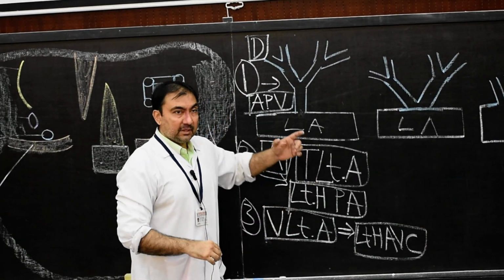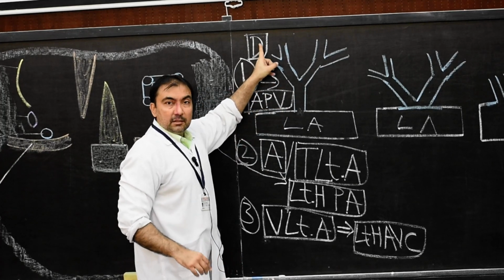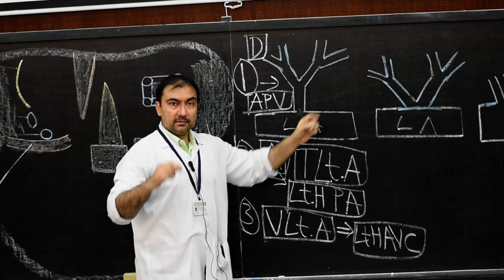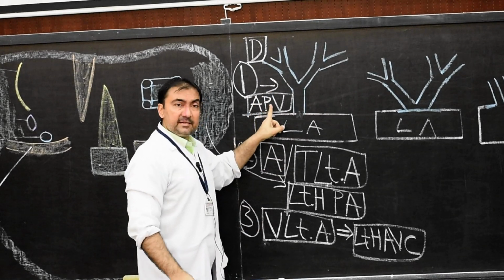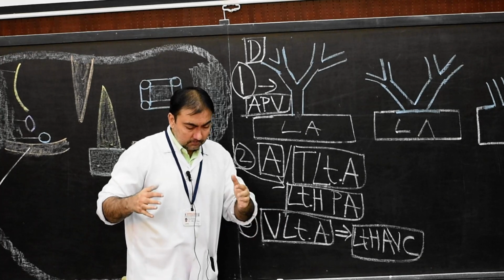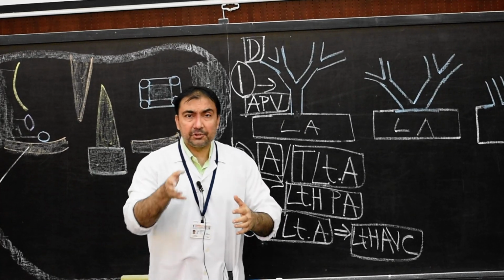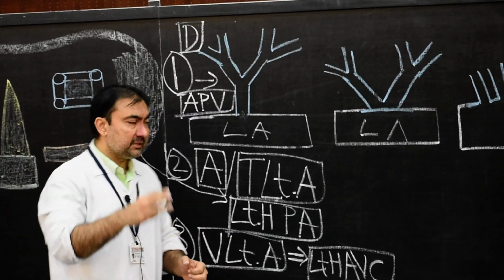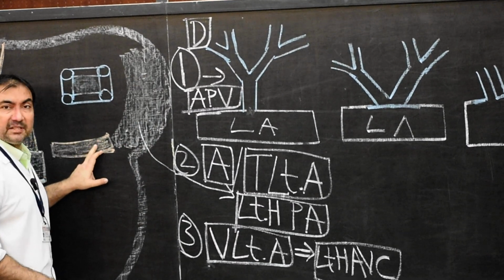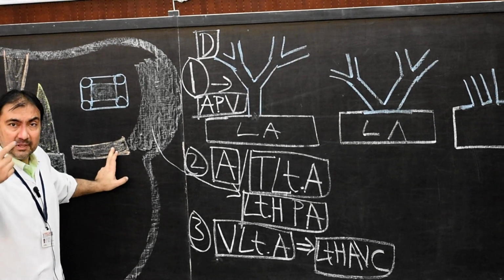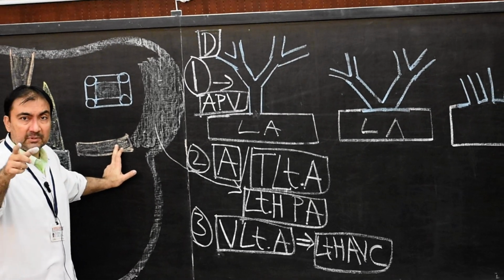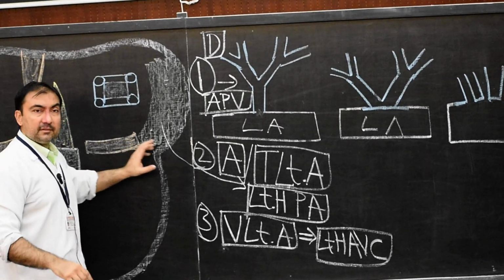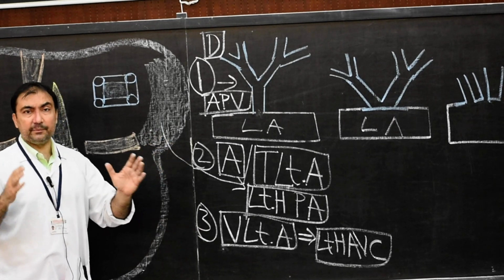3 points. Number 1, dorsal wall of left atrium from absorption of the pulmonary veins, which we have explained. Number 2, the anterior trabeculated portion of left atrium from the left half of primitive atrium. Number 3, the most ventral part of left atrium from the left half of atrioventricular canal. Here we finish our development of left atrium.